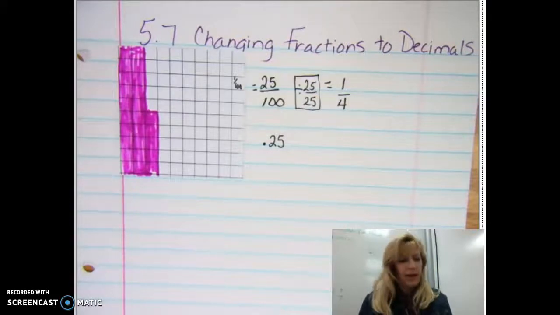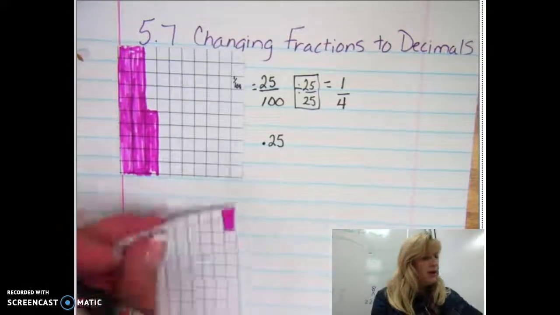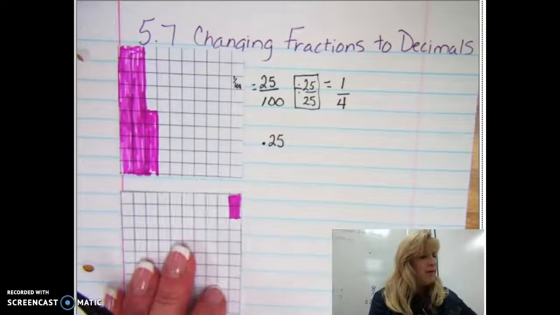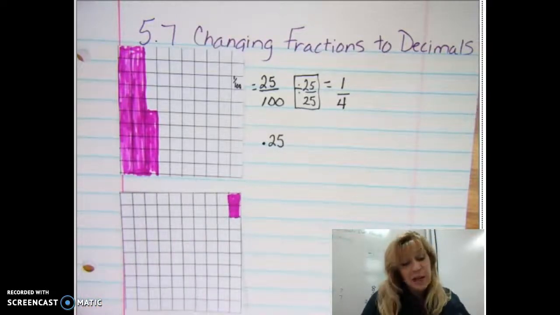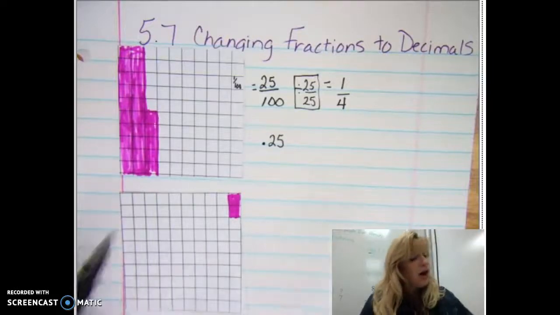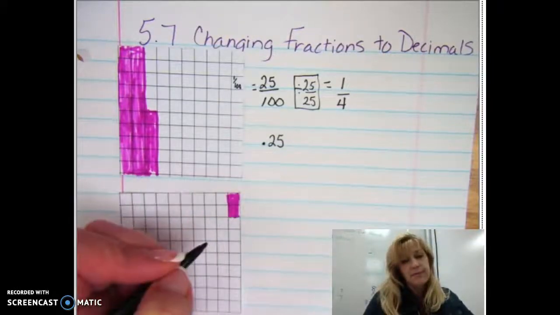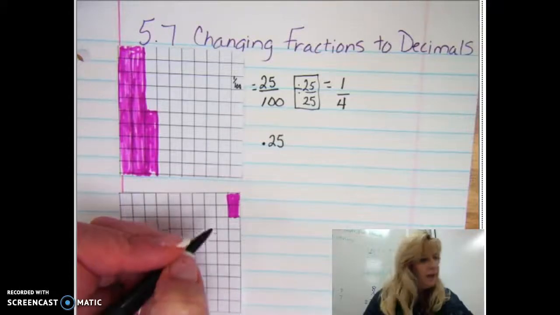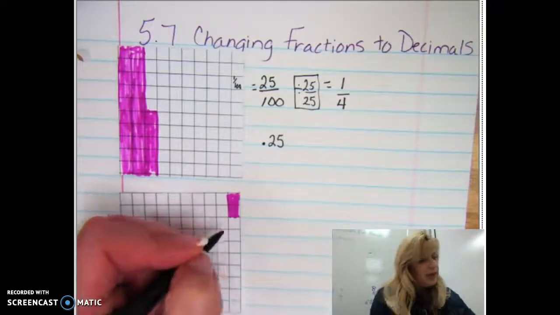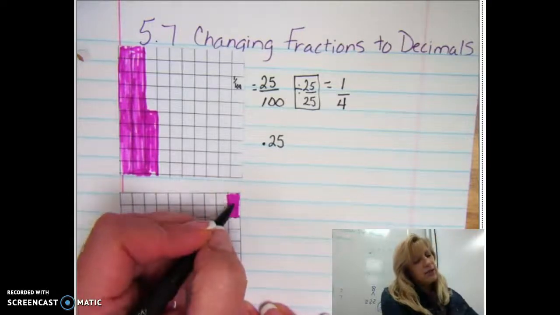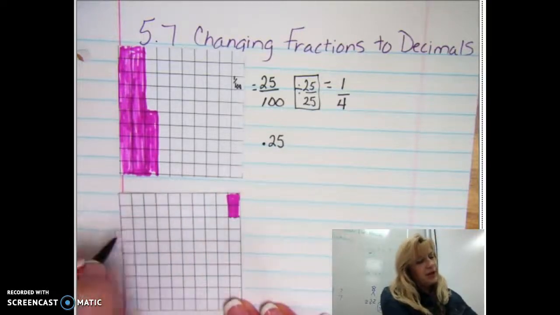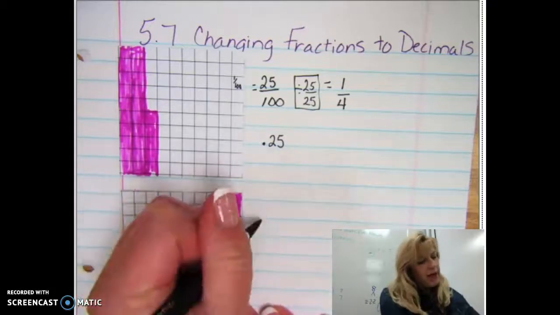I have another one I wanted to show you right below. And this one, somebody has gotten into my candy drawer and eaten all but these two little pieces. How do we write these? Well, if you look at this, I can say that this is 2/100ths. These are 100 and I only have 2 of them left, and I would write it as